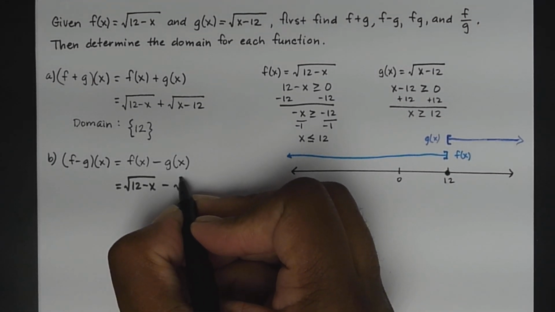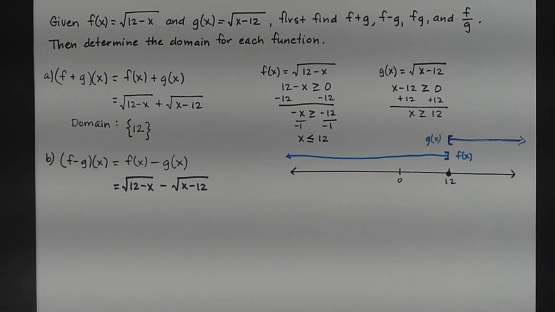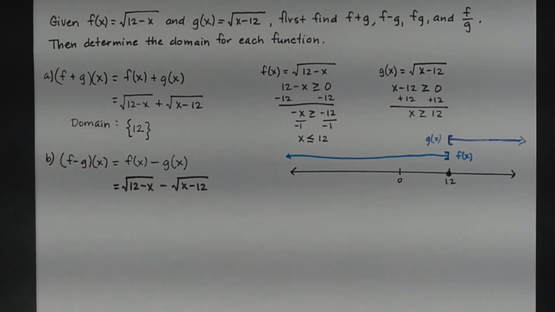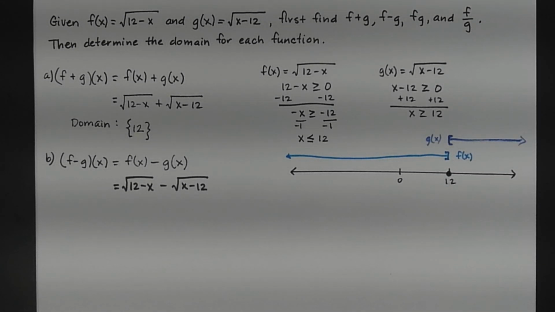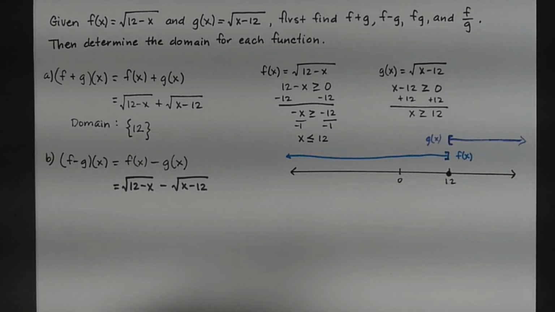Minus g of x, that's the square root of x minus 12. And again, I would go no further than this because I cannot combine those two, because what's underneath the radical are not the same. So I can't combine those. Now for the domain,